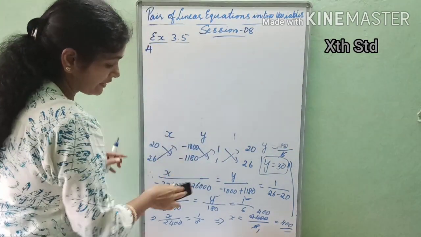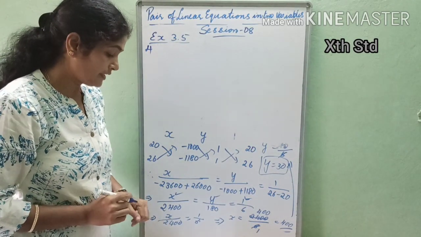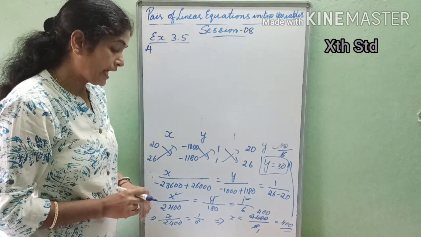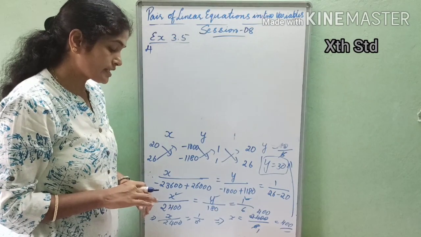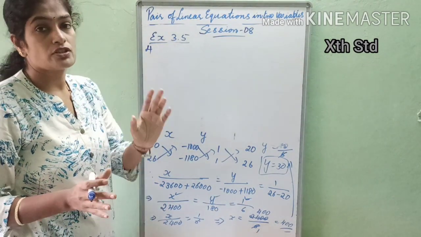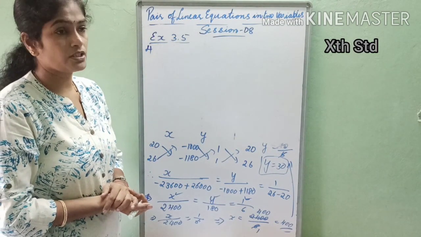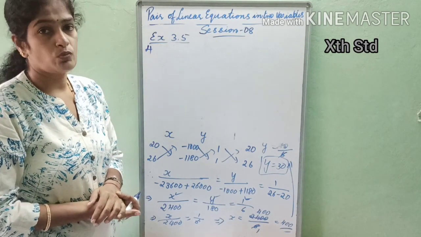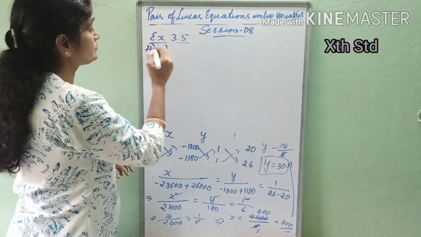What does that second one say? A fraction becomes 1 by 3 when 1 is subtracted from the numerator, and it becomes 1 by 4 when 8 is added to its denominator. Find the fraction. So when they say find the fraction, two terms are involved, the numerator and the denominator. So let's take the numerator as x and the denominator to be y.